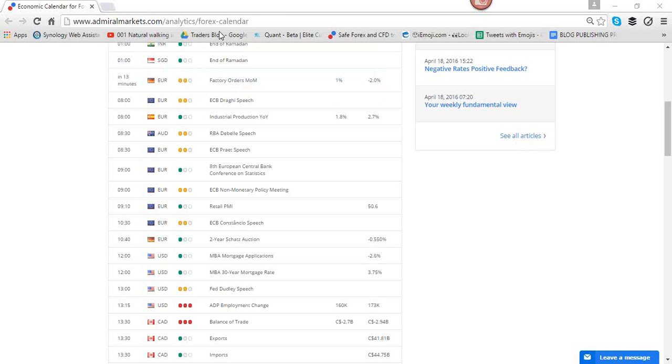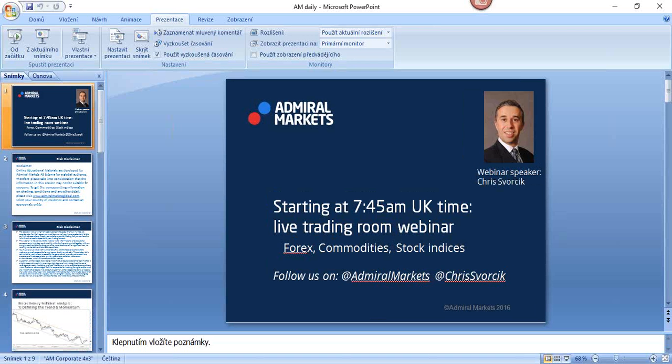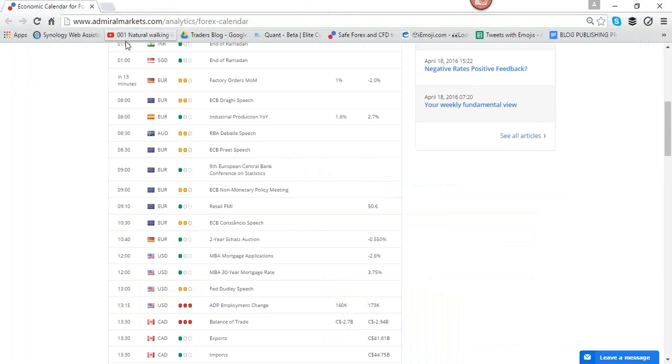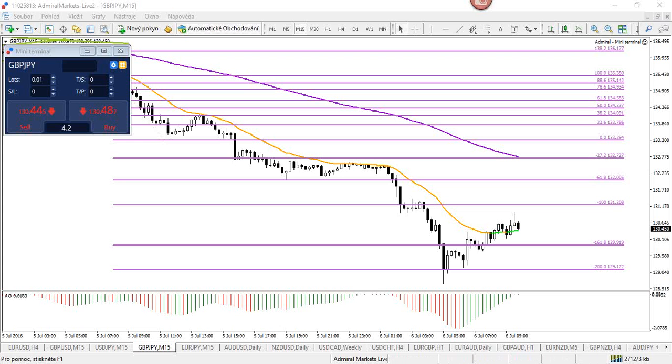All right, seems to be a bit of an issue to move that. Not sure why. Let me close this presentation. Maybe that will help. All right. As I'm trying to open the wave analysis, basically on the hourly chart, you would see that a bit better. This is a wave 3,